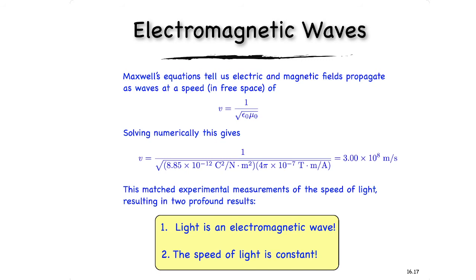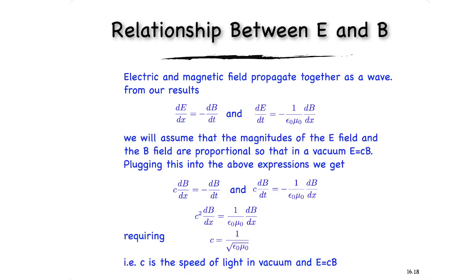Okay, so we worked out an expression for the electric field traveling as a wave. We're going to get a similar expression for the magnetic field. I'm not going to go through the derivation, but we can use some dimensional analysis to see that the dimensions of E and B, in order to satisfy this equation, have to be related by a speed, because we have a dx and a dt. So their relationship,